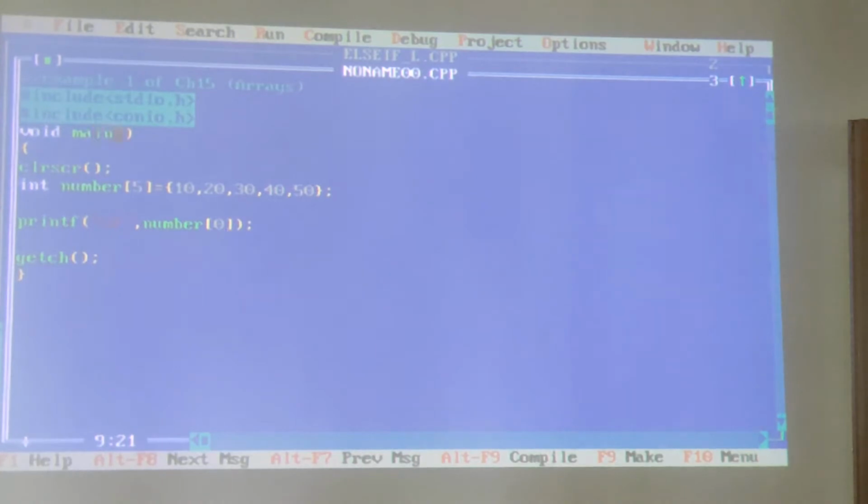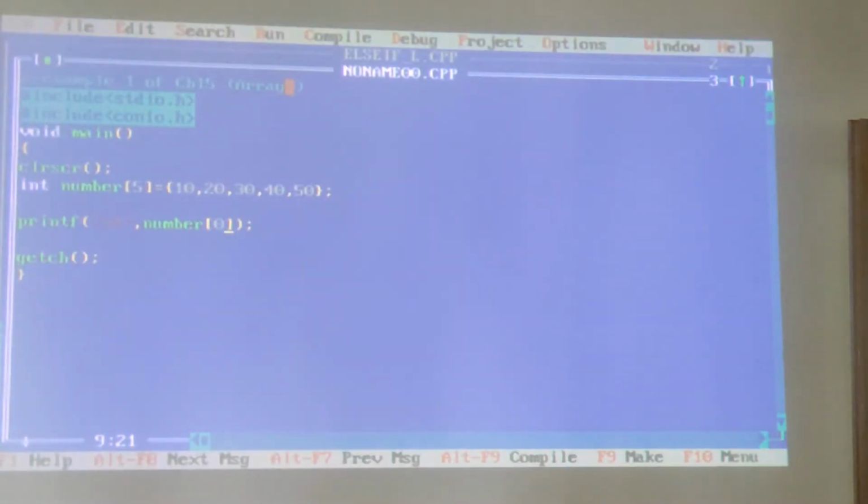Now, if you want to see all the 5 values, then you will have to write the printf 5 number of times. Am I right? Instead of writing this, in the previous chapter we had learned that we can make use of a loop. Okay, when we want to repeat the same action again and again, we can make use of a loop. So here I will make use of a loop. For running the loop, I require a variable. So I am taking an integer variable I, for example.